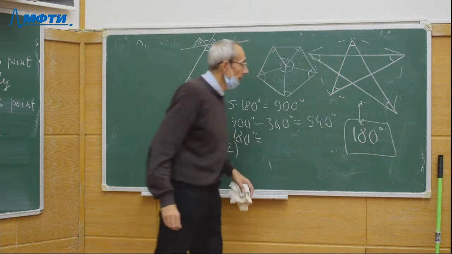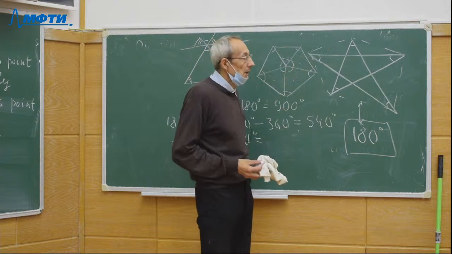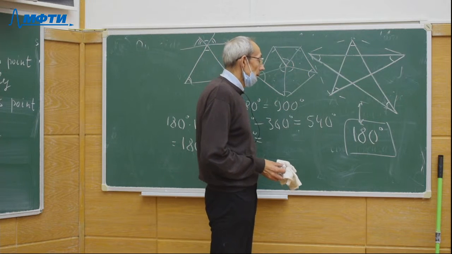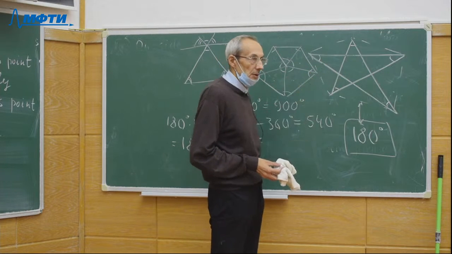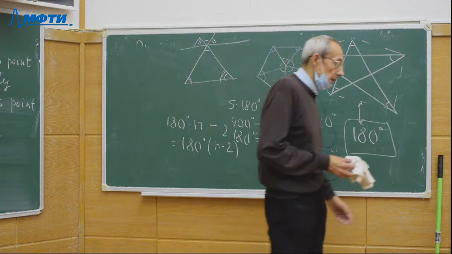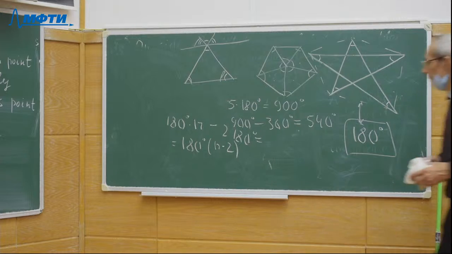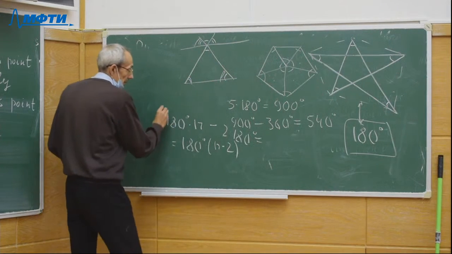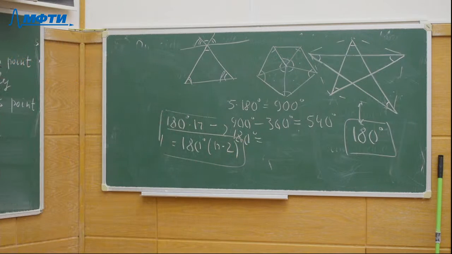Maybe this is homework: exactly calculate this sum in this case, and maybe we can obtain some generalization of this situation to the n-corner star and obtain some analogues of this general form. It's a useful task. And maybe